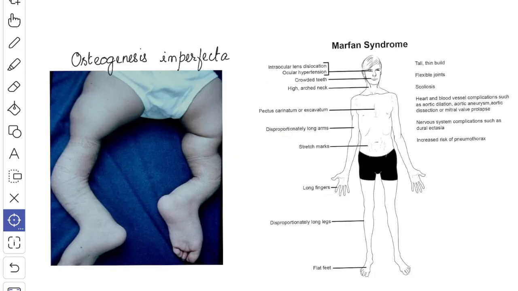Next, we'll see about the clinical correlation. Mutations in the genes that are responsible for the production of collagen can lead to a number of diseases. The main feature of these diseases is a reduced strength in the tissues concerned. Collagen plays an important role in giving strength to the bone. When the collagen is not properly formed, the bones are weak and they break easily, and this condition is known as osteogenesis imperfecta.